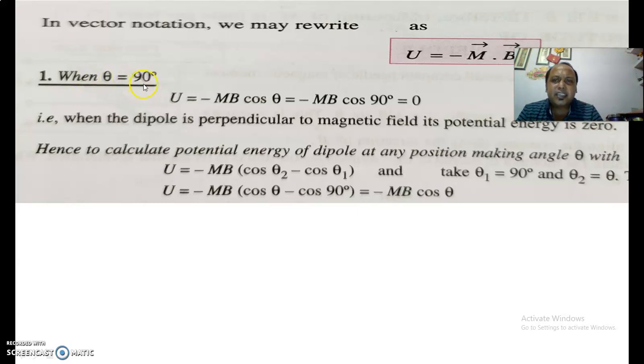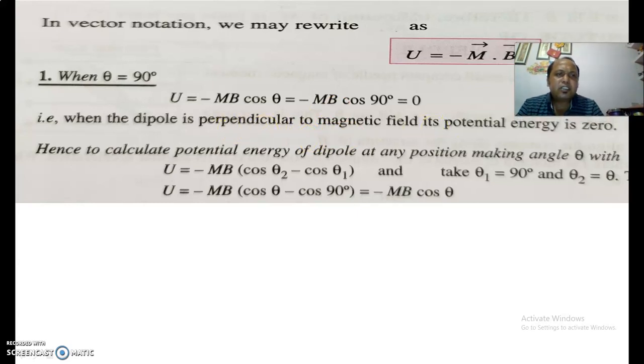So theta is 90 degrees, so the energy which the dipole is having will be minus mB cos 90, and cos 90 is 0. So when the dipole is perpendicular to the magnetic field, its potential energy is 0. That is, it doesn't have any potential energy. Now, to calculate the potential energy of a dipole at any position making an angle theta, with its initial position